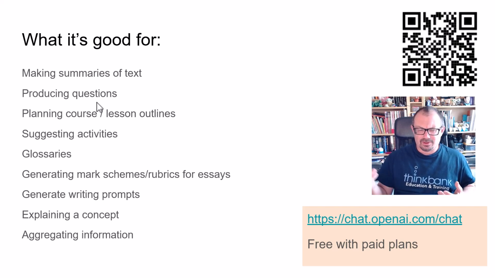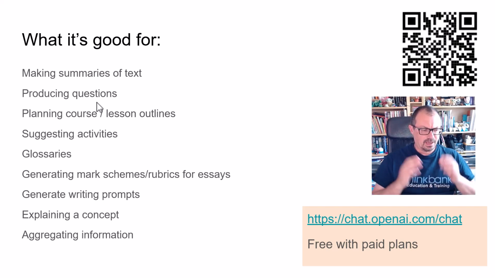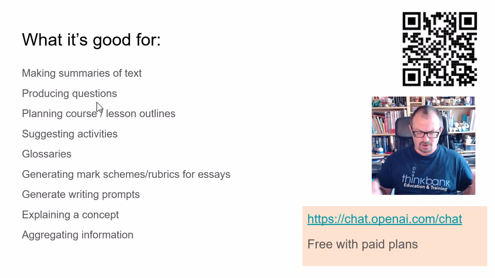There's a thing on Reddit, explain to me like I'm 5. That's a good one. Here's a concept, can you explain to me like I'm 5? And ChatGPT will explain it to you like you're 5. Really simple descriptions of complicated topics, which is quite good. And accurate information. What do you know about a particular topic? It will pull all that stuff in.